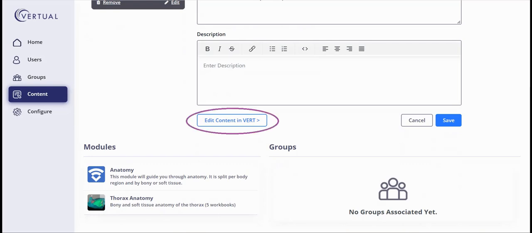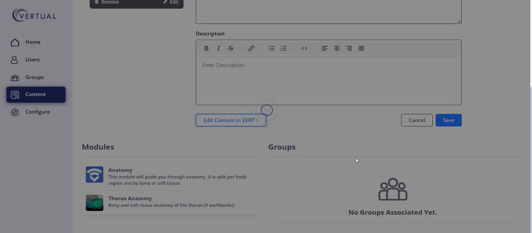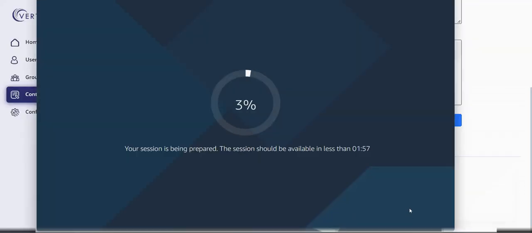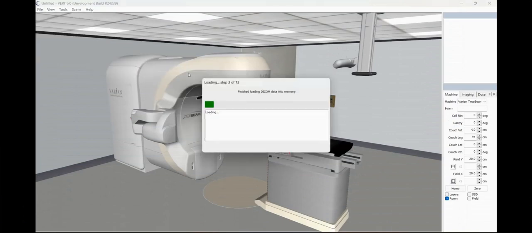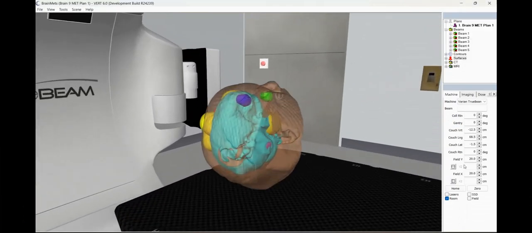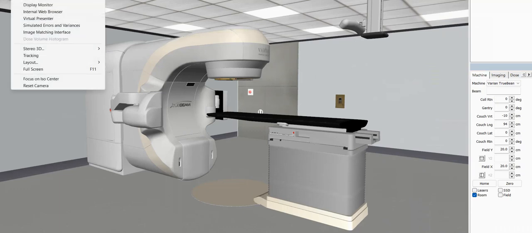Currently there are no groups associated. There's also the button slightly further above that says Edit Content in VERT. On selecting this, it will open the VERT software, which you're all very familiar with. On loading the VERT software, you'll then be able to select the patient that you want to use to create